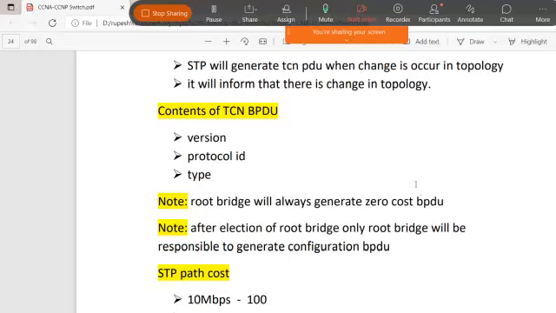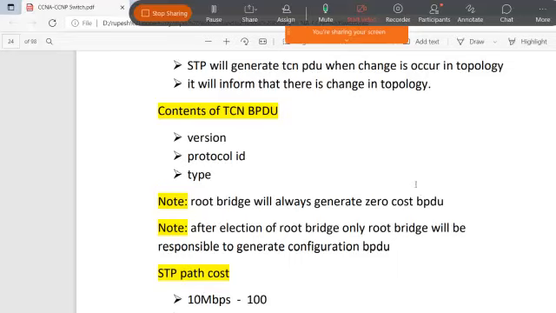Always the lower value is preferred first, which is why the root bridge always shares a cost of zero. After the election of the root bridge, only the root bridge is responsible for generating the configuration BPDU. No other bridge can generate it. Only and only the root bridge.